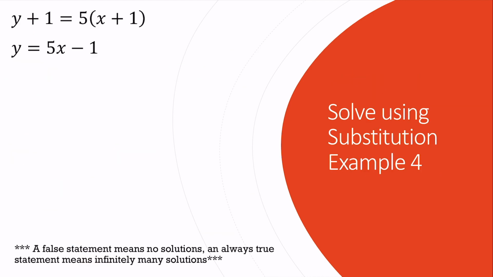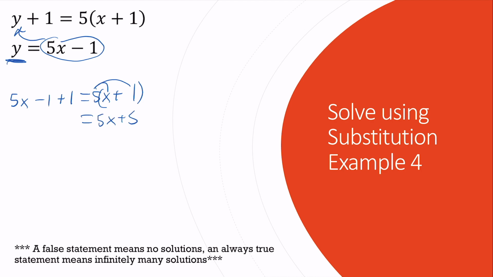For our fourth example, I have y plus 1 equals 5 times x plus 1 and y equals 5x minus 1. I've already solved this for y, so I can substitute this in. I've got 5x minus 1 plus 1 equals 5 times x plus 1. We distribute on the right-hand side. We combine like terms on the left. I get my constants together, and we notice something, right? My variables